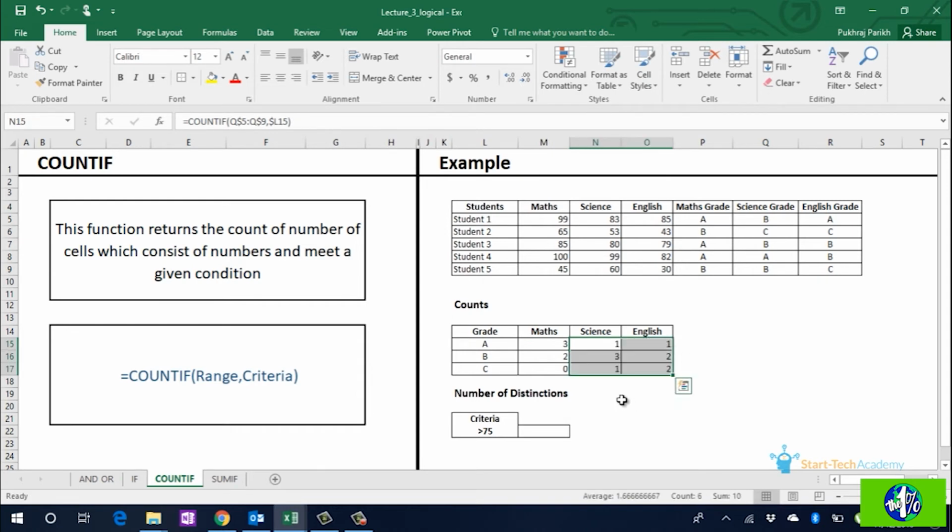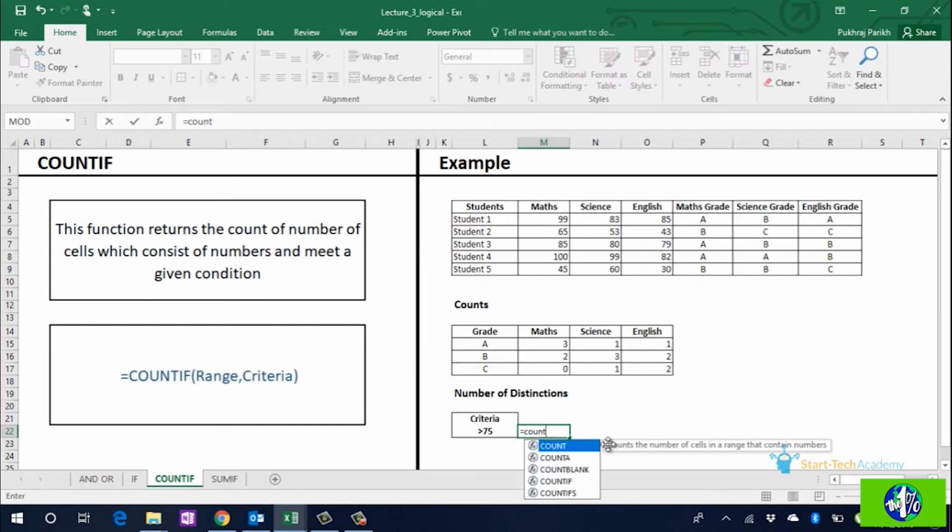If you want to have multiple checks while counting, COUNTIFS can be used. To implement COUNTIFS, we type is equal to COUNTIFS, first range, first criteria, then second range, second criteria, and so on. So to get the count of students with distinction, we use COUNTIFS as follows: is equal to COUNTIFS M5 to M9, select the criteria, then the second range, select the criteria, then the third range, select the criteria,